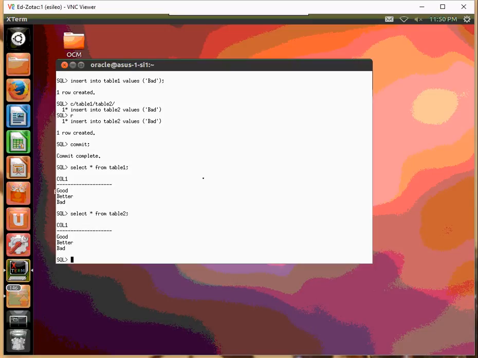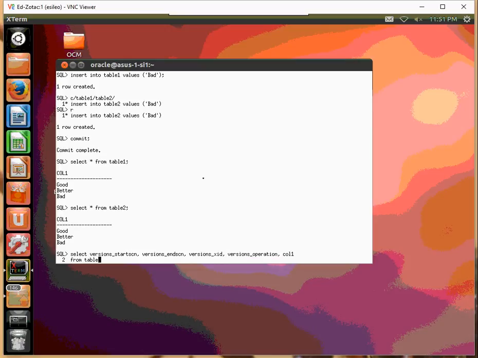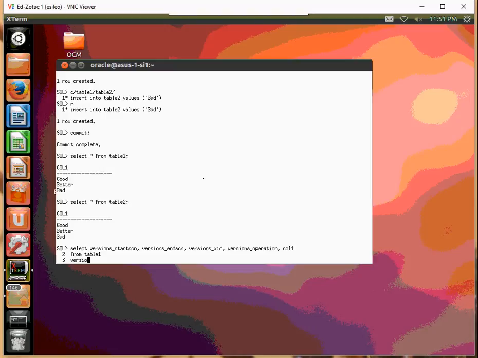So now the next thing we want to do is run a Flashback versions query, and so take a look at this syntax. Select versions_startscn, versions_endscn, versions_xid, versions_operation, column one, table one, versions between timestamp